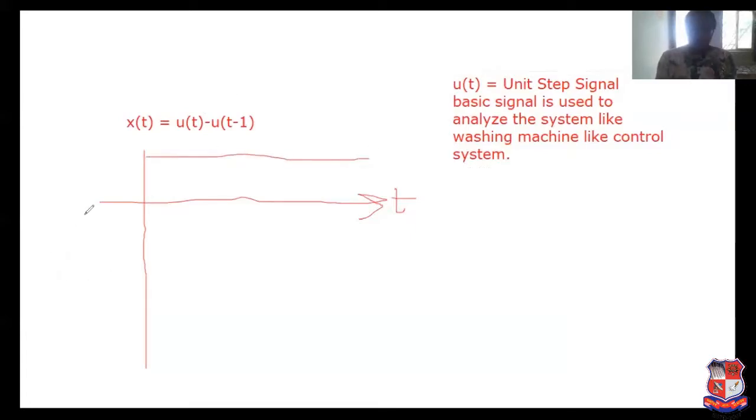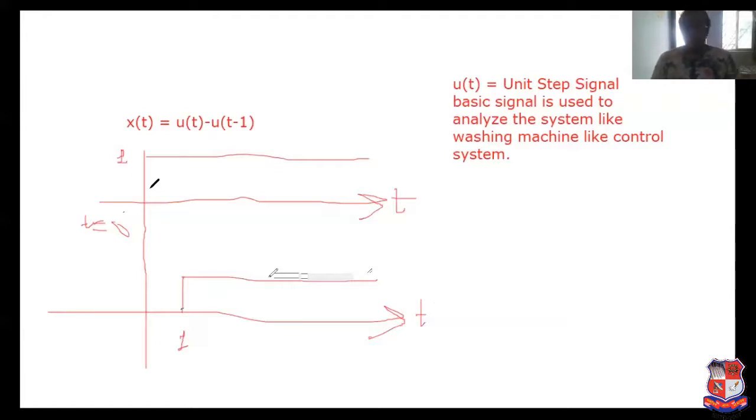Starting at t equal to 0 and going up to infinity, it is considered as only one amplitude. Amplitude is 1. And here we consider u of t minus 1. U of t minus 1 means what? This signal is delayed with respect to u of t. Now if you subtract this,